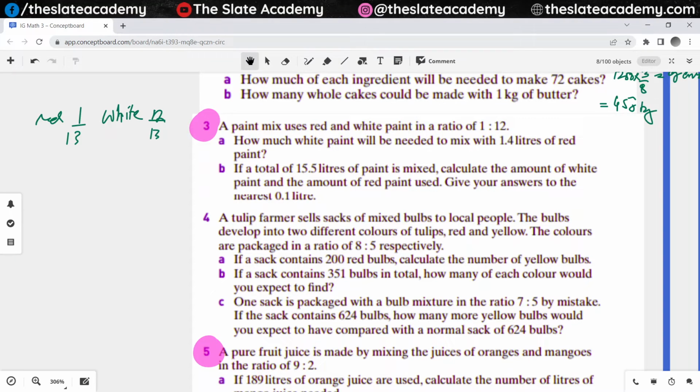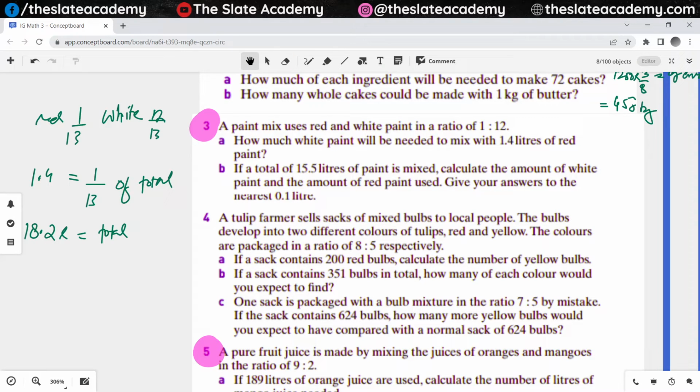The next thing, it tells me how much paint will be needed to mix with 1.4 liters of red paint. So if I have 1.4 red, it will be equal to 1 out of 13 of total. So total would be 13 into 1.4, 18.2 liters,